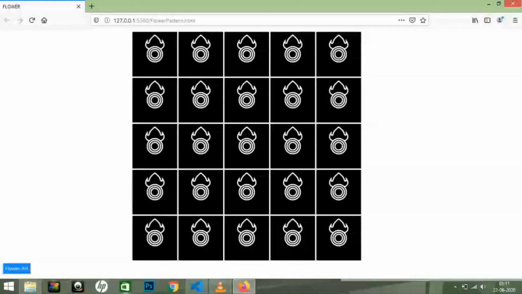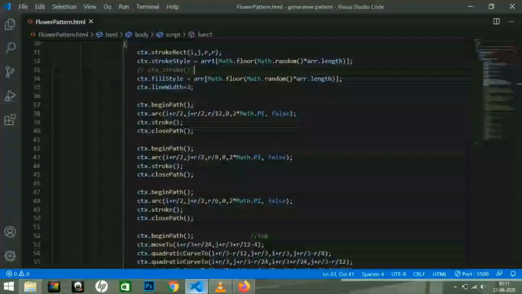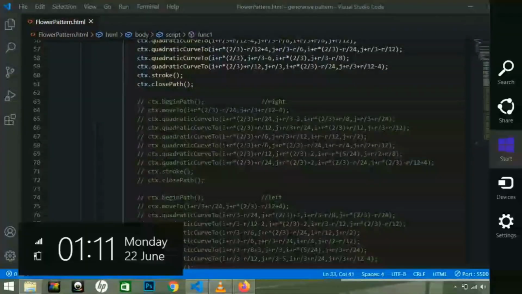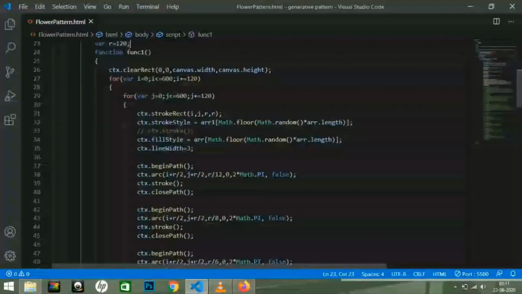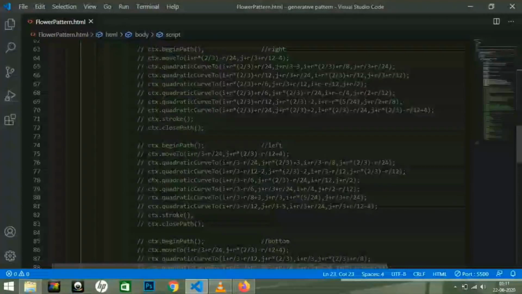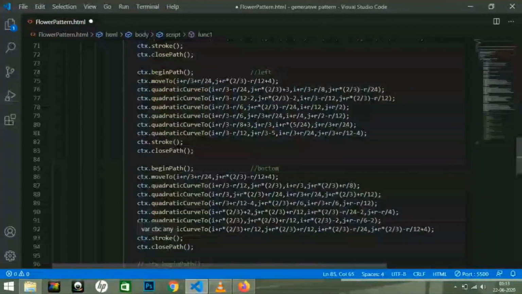Similarly, I have defined the code for the other three petals. So, to see all the petals in one go, let's uncomment the code and save the changes. And see, the flower part is completed.